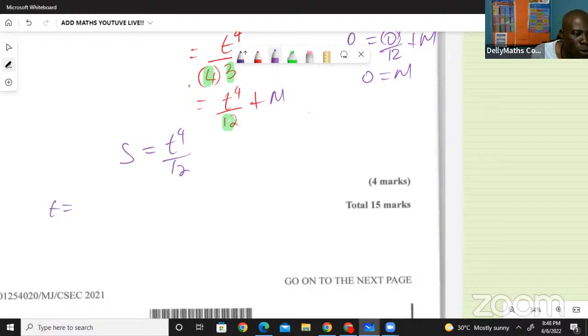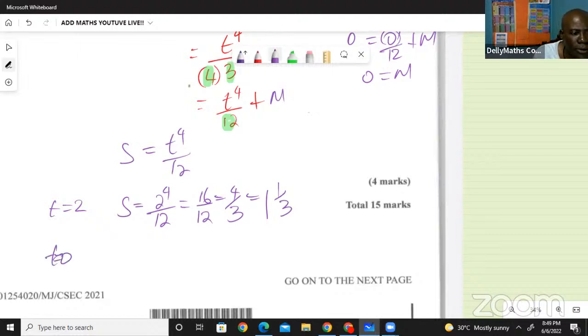So when t is equal to 2, then s is equal to 2 to the 4th over 12. That is 16 over 12, right? 16 over 12. All right, 4 into that, 4 over 3. Okay, 1 and 1/3. All right, good. 1 and 1/3. All right, we're getting somewhere now. And then when t equals 0,